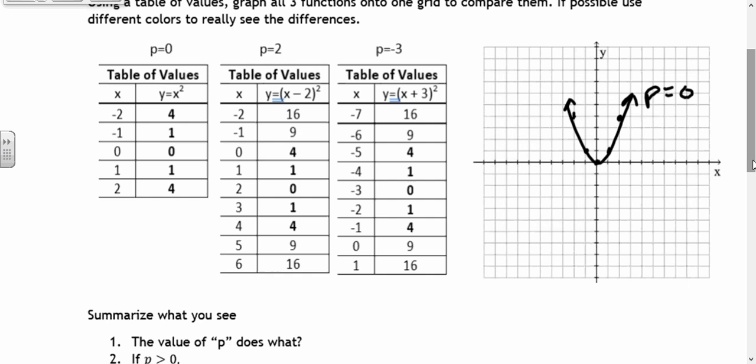If P is equal to 2, let's graph that in red. At -2, our value will be 16. That's kind of big. I'm not going to move that one around. At -1, that's a valuable point. So -1, and then we go up to 9. So -1, 1, 2, 3, 4, 5, 6, 7, 8, 9. And then 0 to 4 and